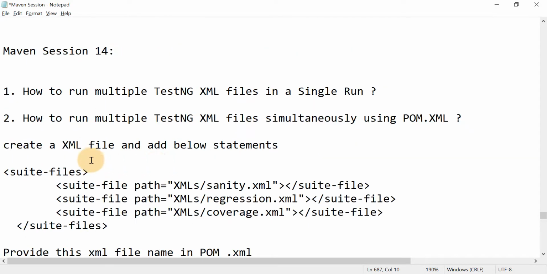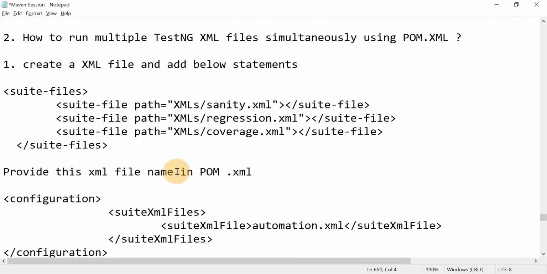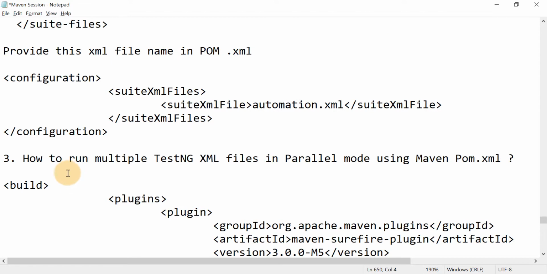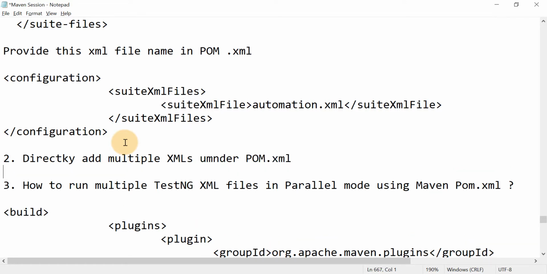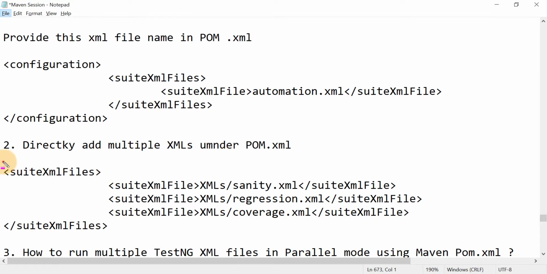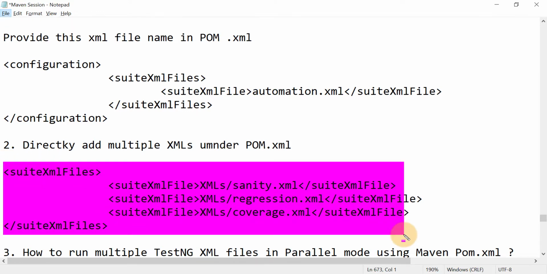Either you can create a separate XML file, add multiple XML files in that XML file and provide it in pom.xml, or instead of that you can directly add multiple XMLs under the pom.xml file. This is how you need to add under the pom.xml file directly.